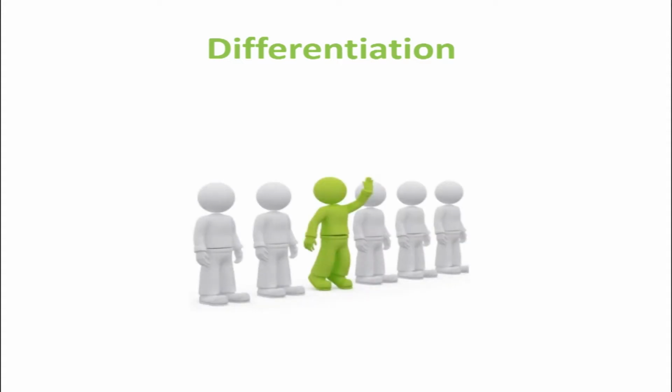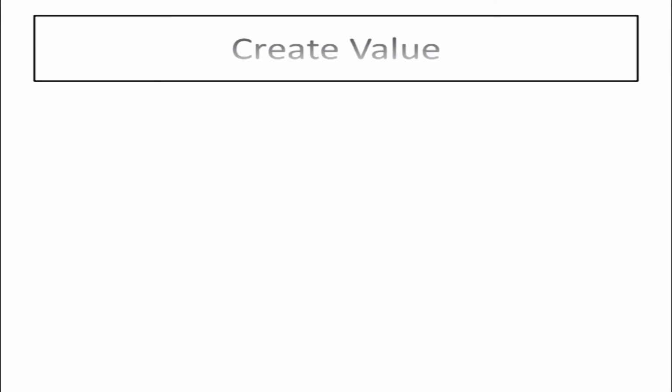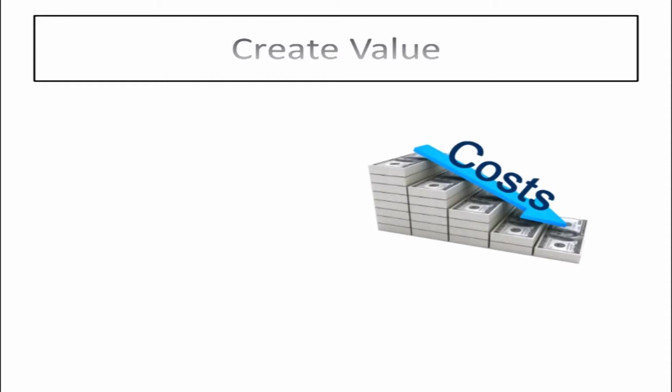2. Differentiation. Value is provided to the customer through some unique features and characteristics of an organization's product rather than by the lowest price. This is done through high quality features, high customer service, rapid product innovation, advanced technological features, image management, etc. Some organizations create value by lowering the buyer's costs. That is, higher quality means fewer breakdowns and quicker responses to problems.